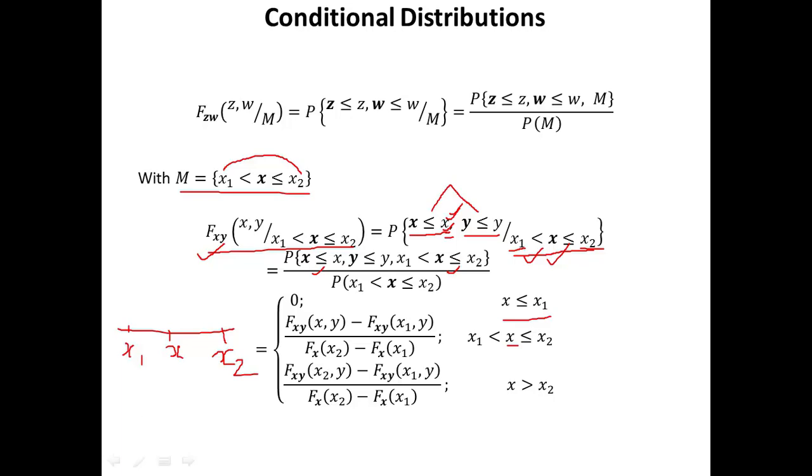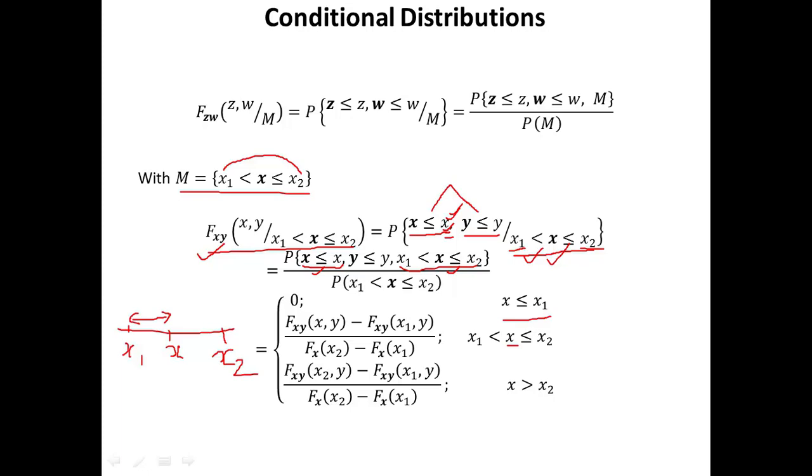So we again need to find out the intersection of this event with this event. The intersection of this event with this event will be this range. So we can say that the numerator will become